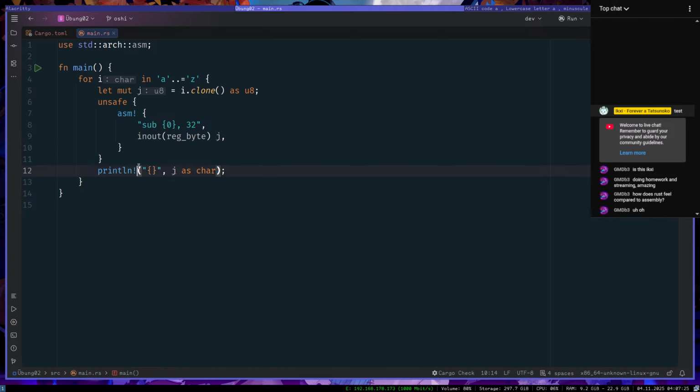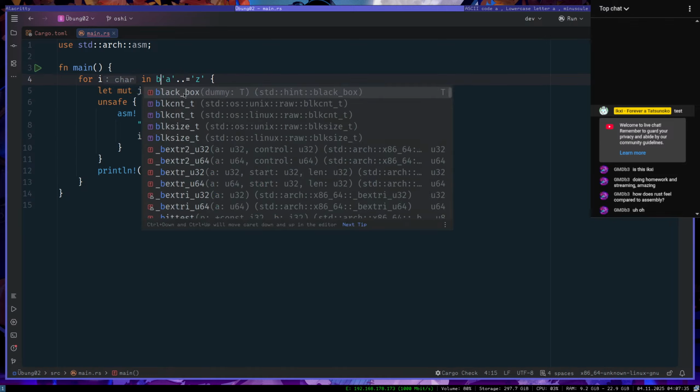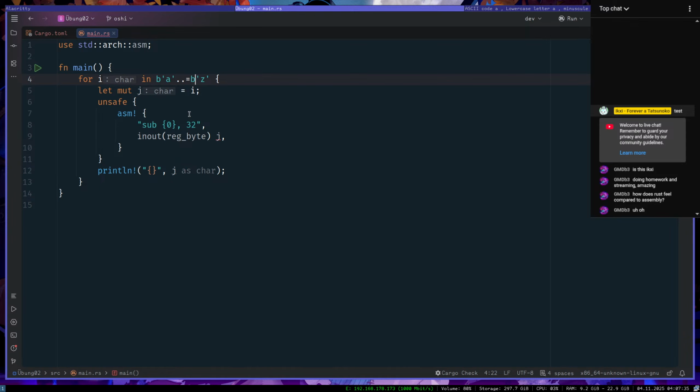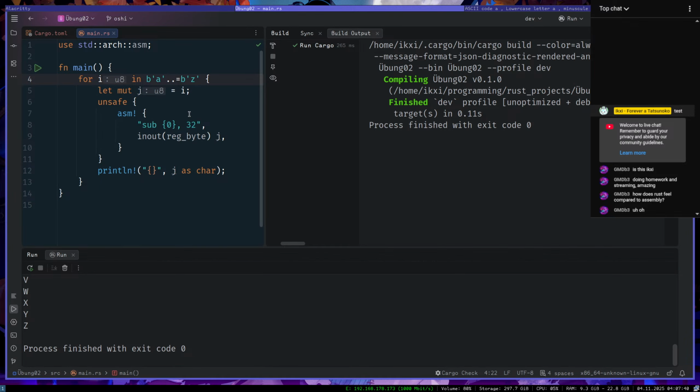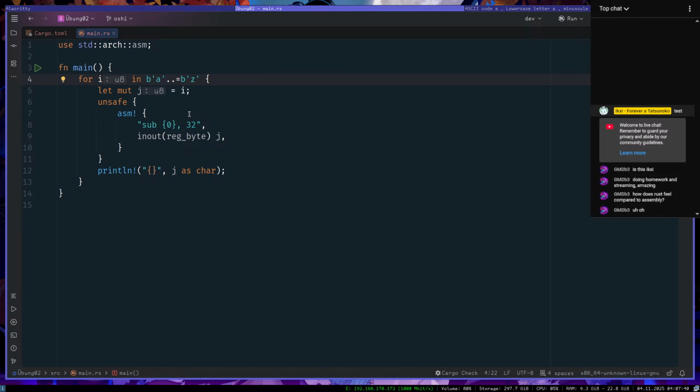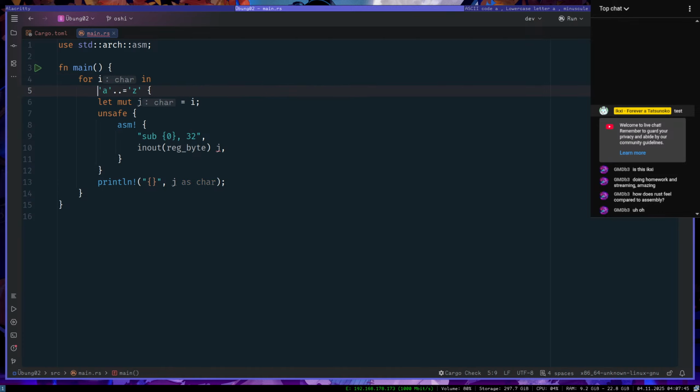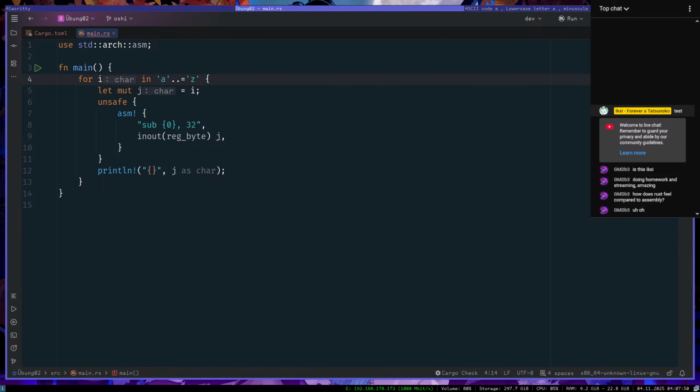Oh dear. And if I wanna make it different, I can prefix these with B for bytes. Yeah. Okay. Cool. Because if I do this, it's chars, but if I do this, it gets converted to U8.